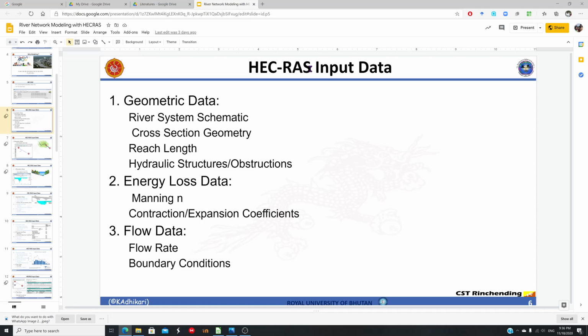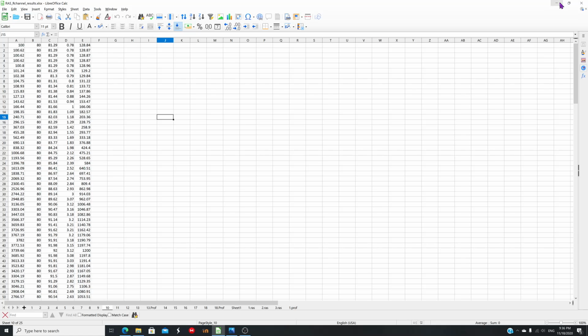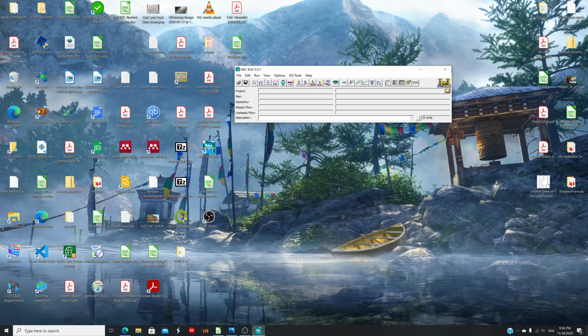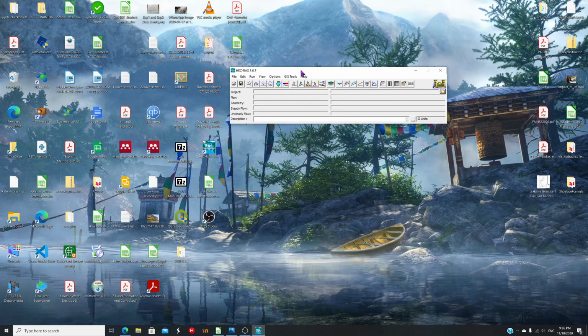It has the capability of 1D analysis, and today I'm going to demonstrate the 1D analysis. So you open your HEC-RAS program for the first time. When you install it, you will have the HEC-RAS program like this. Open it, launch it. A very simple window pops up here, and I have also made a